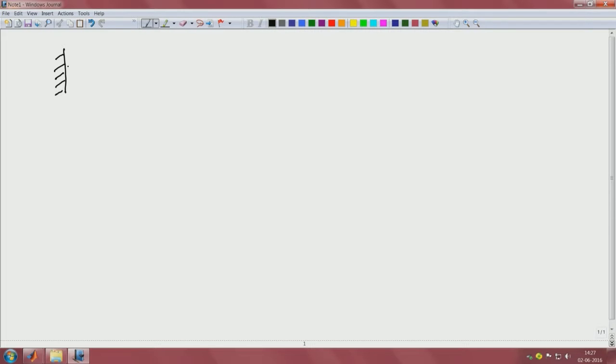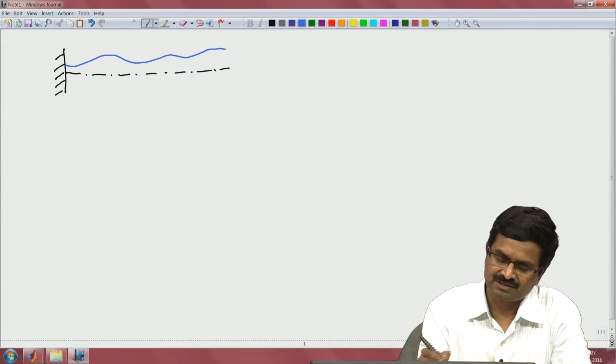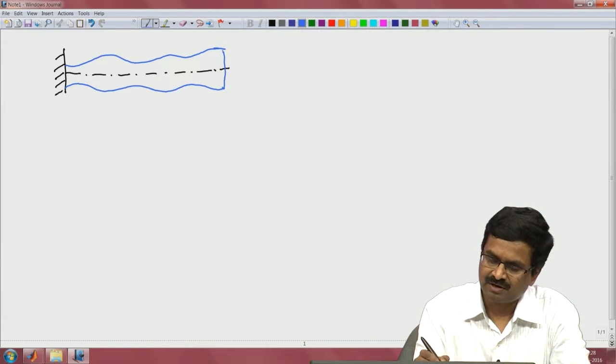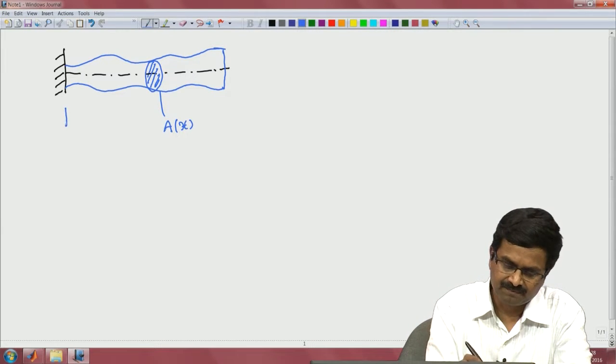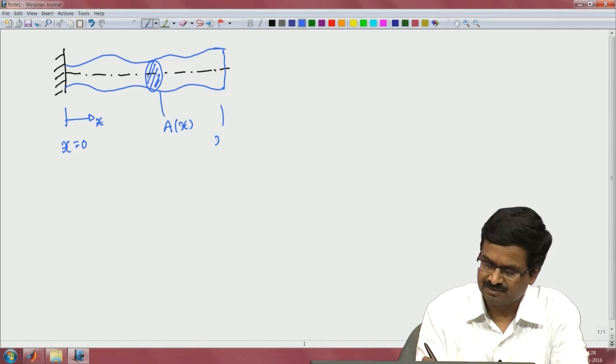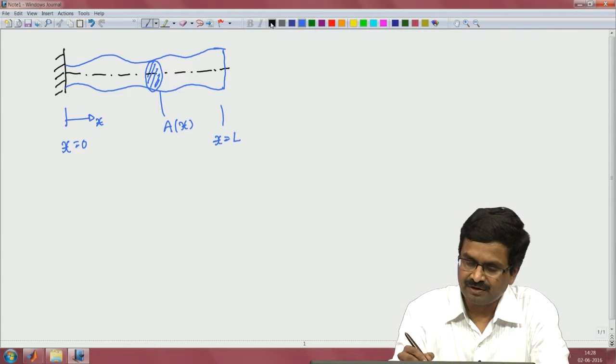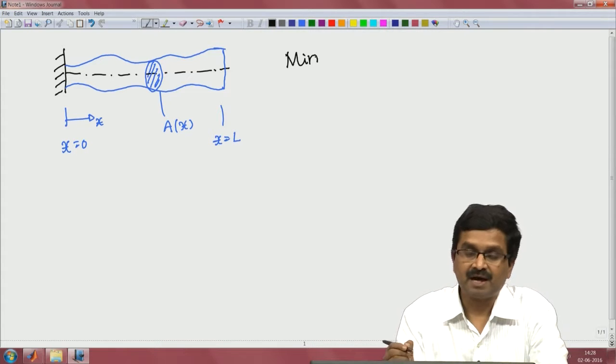bar. Normally you take a bar to be of uniform cross section, but since we are designing a bar today, let us take the axis and show that the bar can have an arbitrary area of cross section. This is the problem that we have been taking as a motivating example for including constraints in calculus of variation. So, everywhere if I take the cross section, that is A of x, where x equal to 0 at that point, and at this point x equal to L, because the length of the bar is L. And what we are trying to do is to make this bar as stiff as possible,